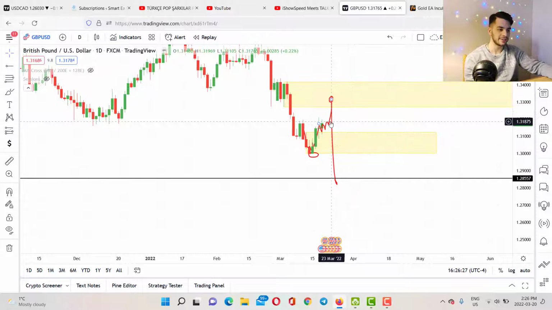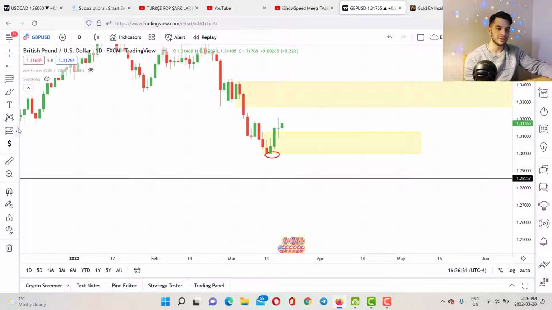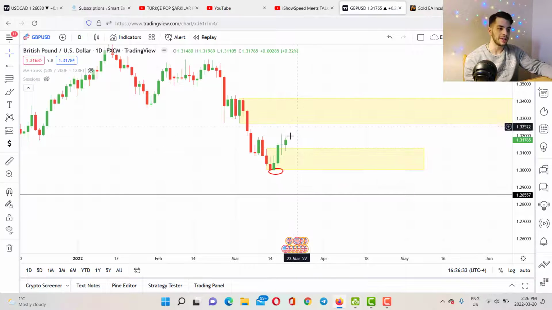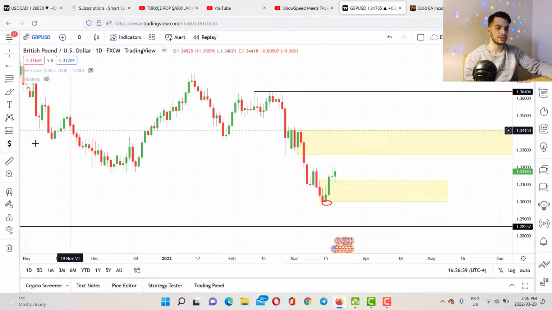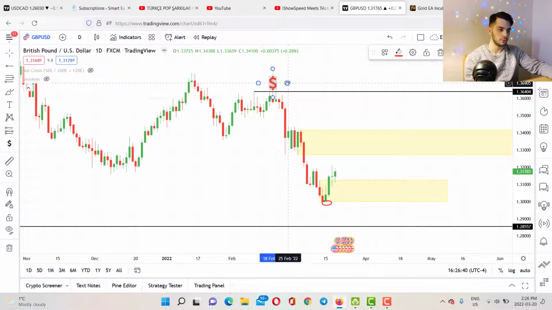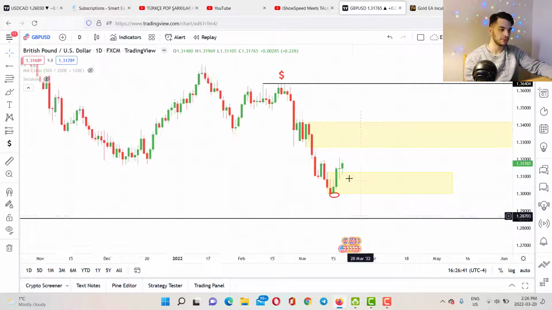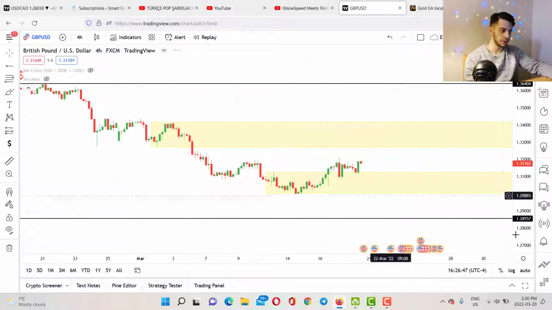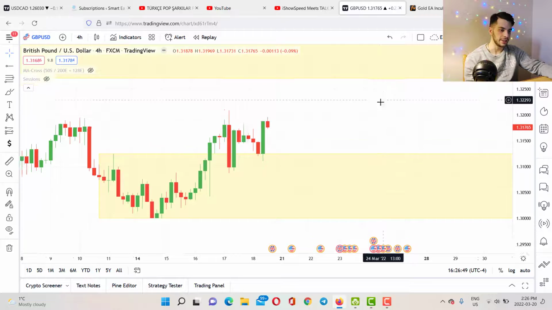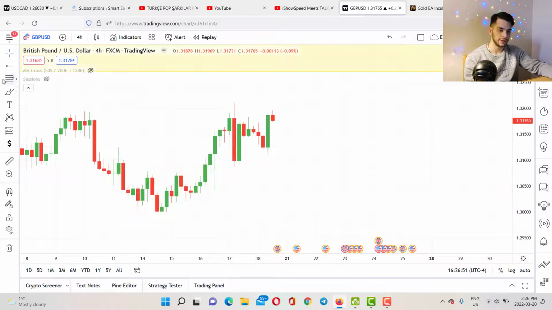Or the second scenario is that after seeing the higher highs and higher lows, the price literally is going to break above this zone here, and then we're gonna reach this level here to stop out all sellers around this area. Because again, we have so much liquidity here, we have liquidity around this area, and we have lower lows and lower highs. So let's go to 4-hour time frame, and then you'll see that beside this candle, we also